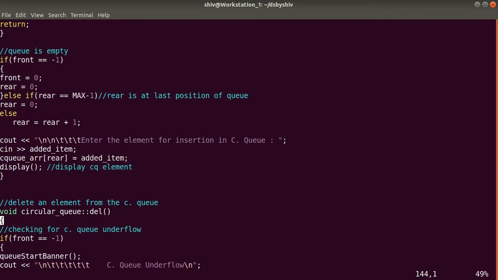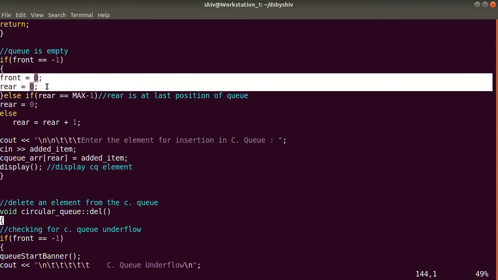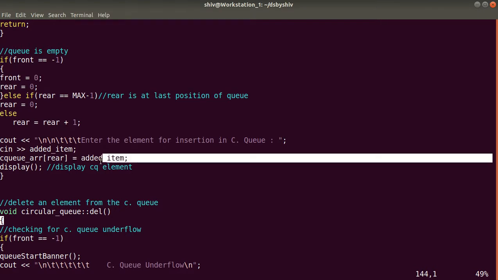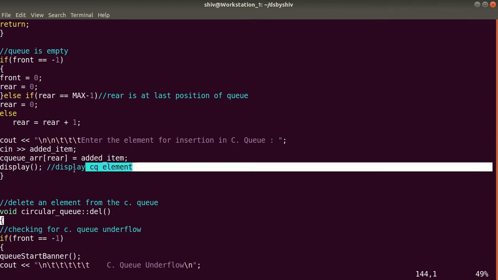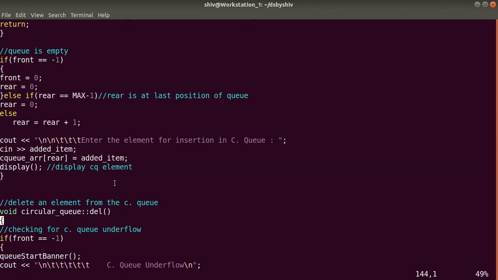In the starting, front and rear will be the same when the queue is empty. When the element is inserted, here we are calling the display method to display the circular queue array after inserting one element from the user side.